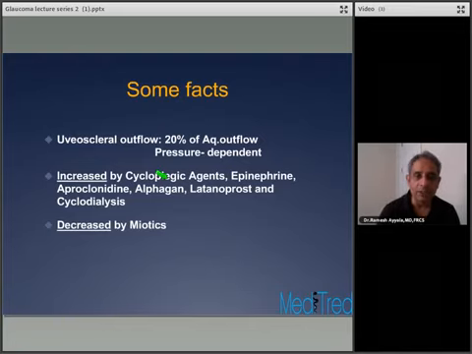It accounts for 20% of the aqueous outflow and is a pressure-independent pathway. It's increased by cycloplegic agents, epinephrine, apraclonidine, brimonidine or alpha-agonists, latanoprost or prostaglandin analogs, and cyclodialysis, and decreased by miotics. Important things for you to remember, both for your exams and from a practical point of view for the treatment of patients